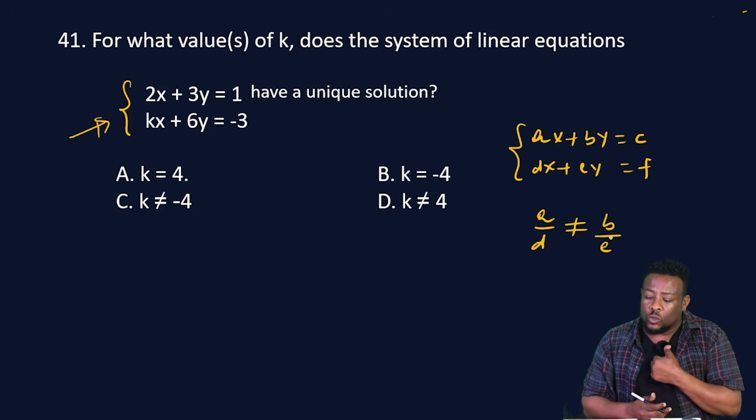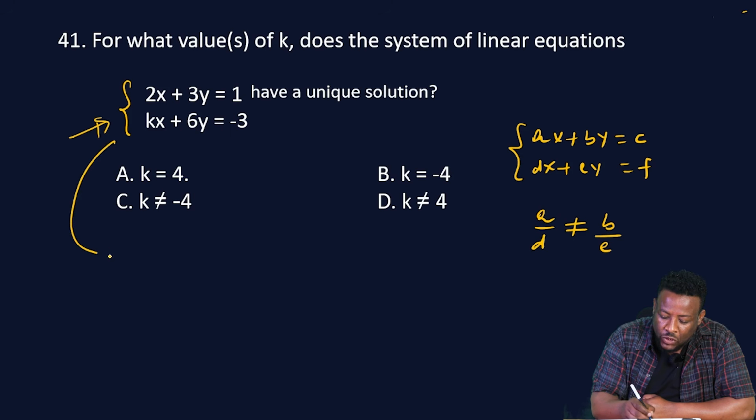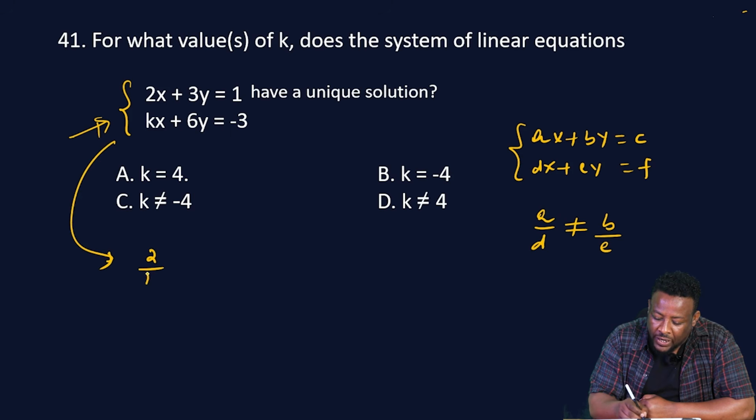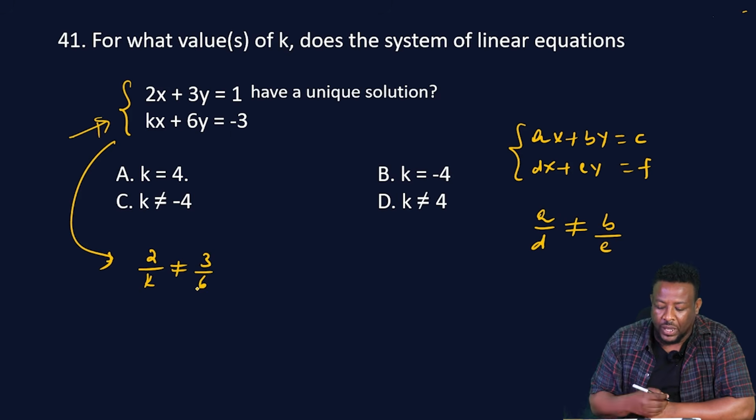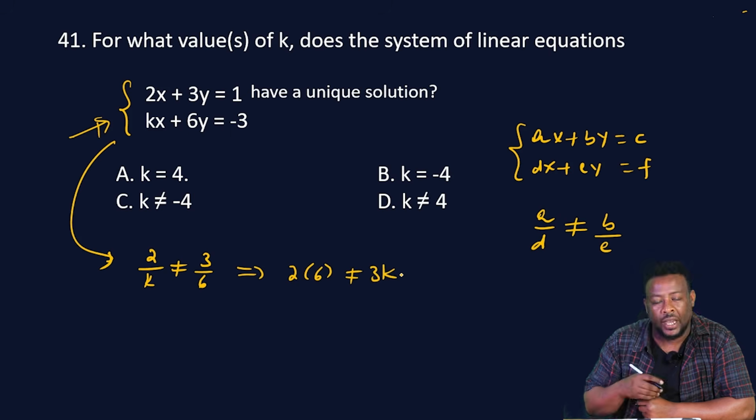So based on this principle, going back to the question, we take 2 over k must be different from 3 over 6. Crisscrossing this gives us 2 times 6 must be different from k times 3. So dividing both sides by